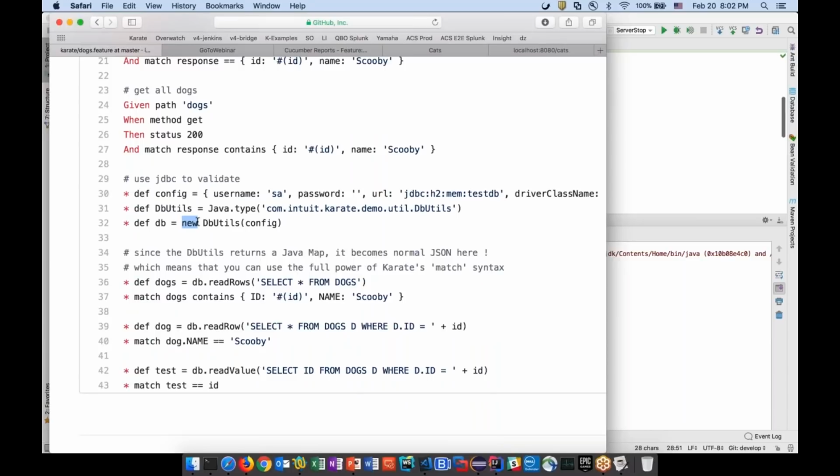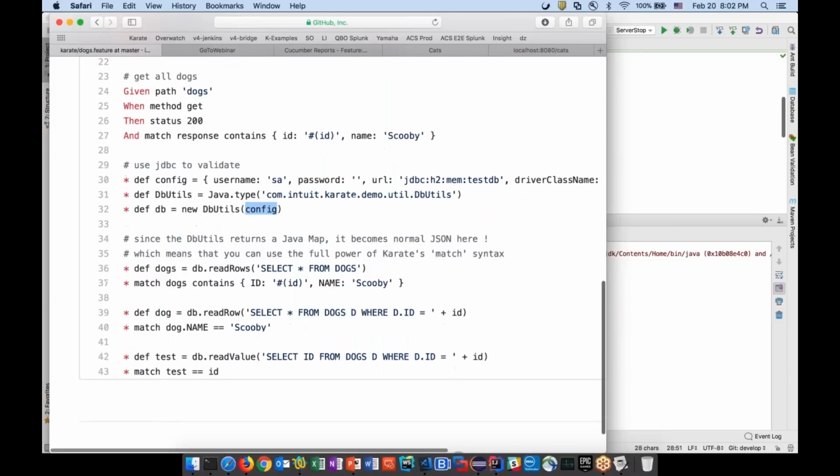We actually notice the use of the Java new operator, so full object orientation is there at your fingertips. We used JSON and we were able to get a Java object to be instantiated.